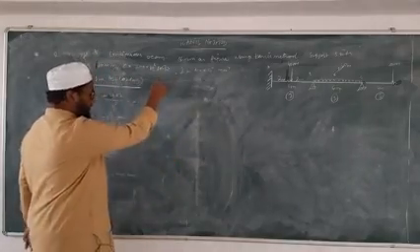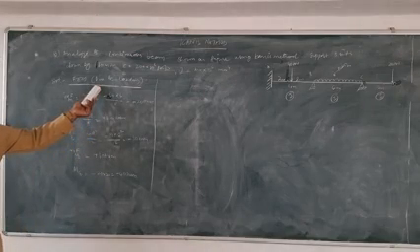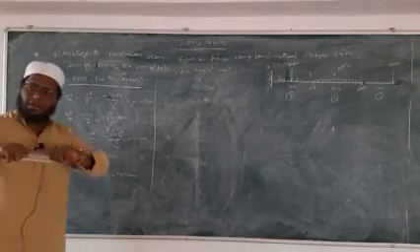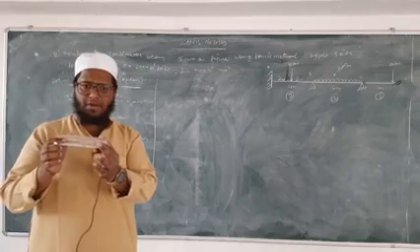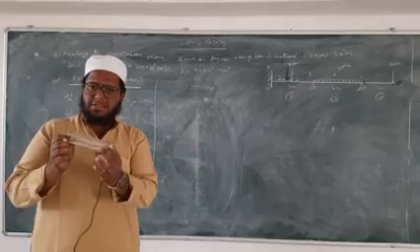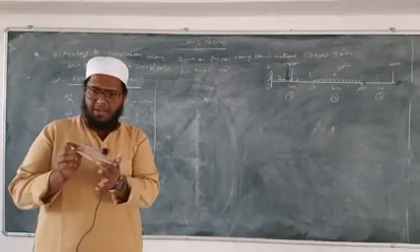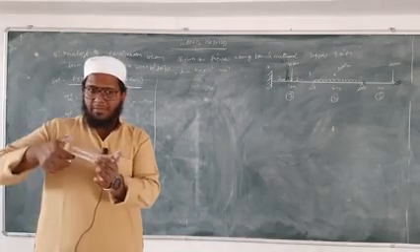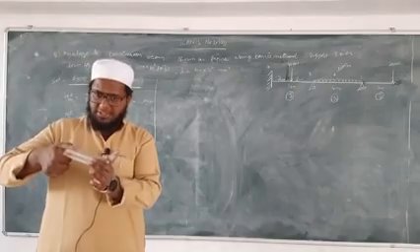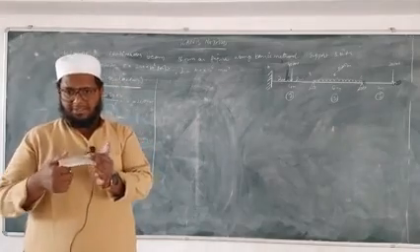Otherwise, we'll do one thing. This is fixed end moments due to loading, right? We'll have extra moment because of sinking, isn't it? Suppose for example, two people are holding one bench or one table. One person is not strong, so it is sinking down by 10 mm. So what will happen to this support? It will create extra moment, isn't it? If this is going down, this support will create extra moment in anti-clockwise direction.